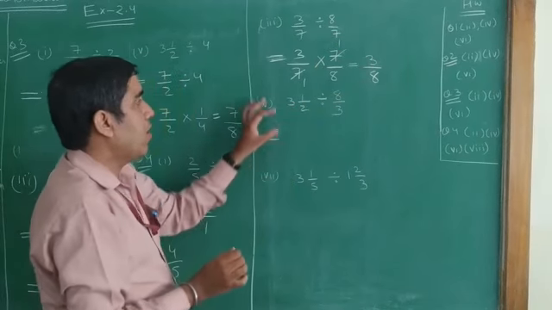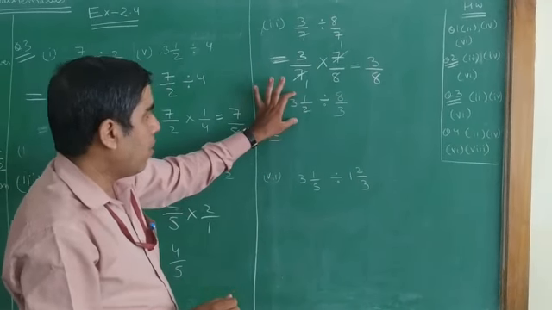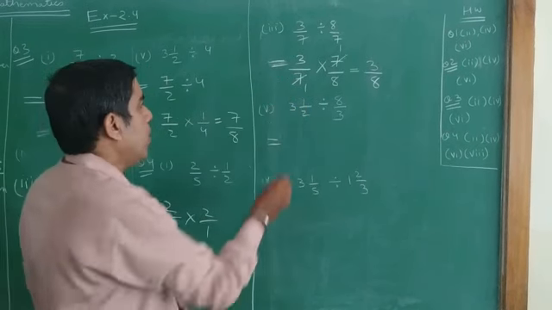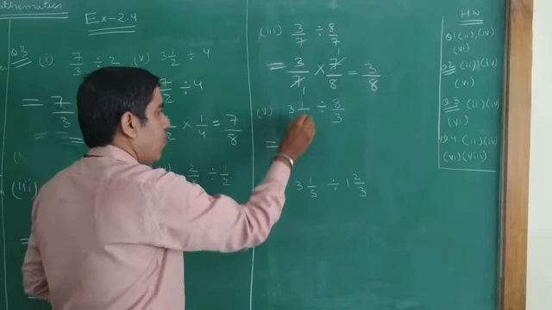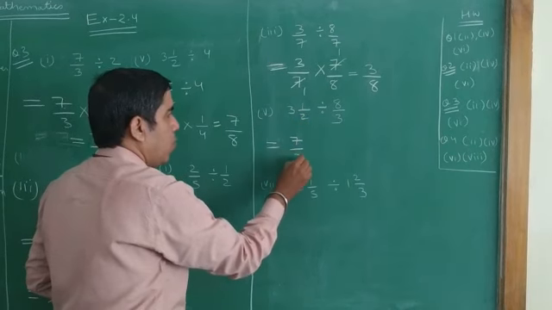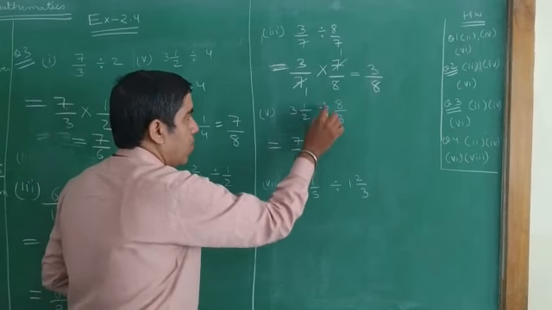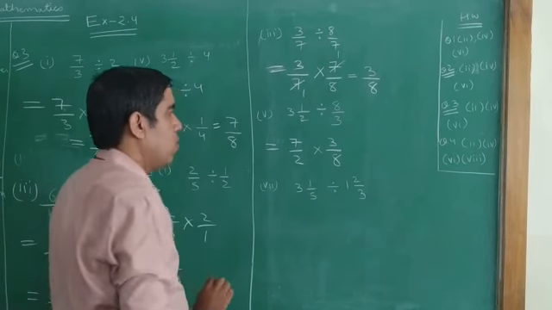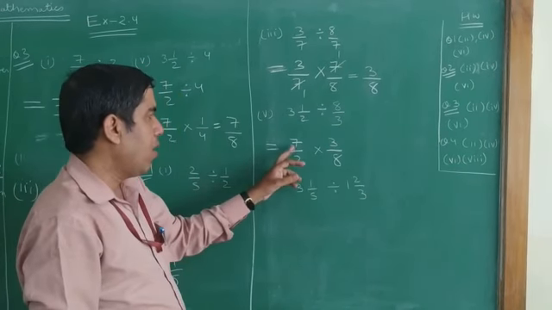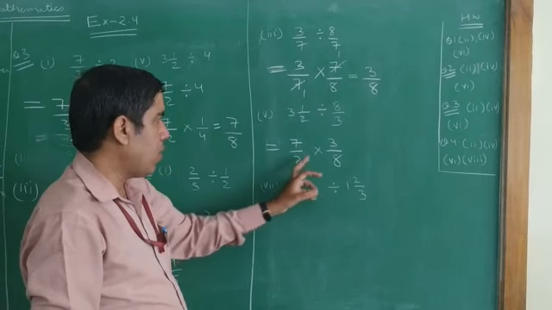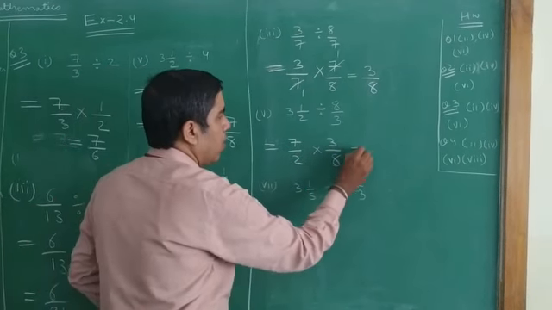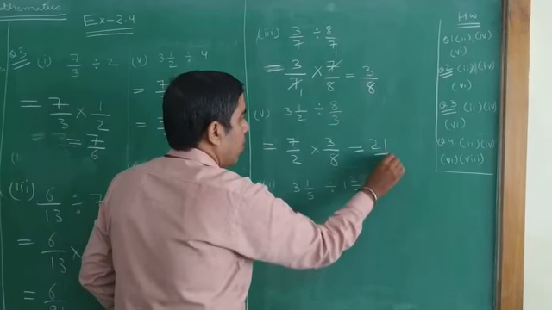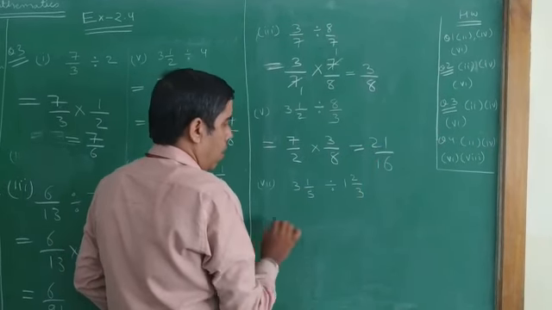Now you can see here again, this is actually a mixed fraction. I will convert it to an improper fraction or a normal fraction. So here you can see 3 times 2 is 6, 6 plus 1, 7 by 2, and here division becomes multiplication, and it becomes here 3 by 8. And now you can see it is possible to cancel? 7 table 8 is not coming, 2 table 3 is not coming, so we can't reduce. The answer comes 7 times 3 is 21 upon 16 is the answer.